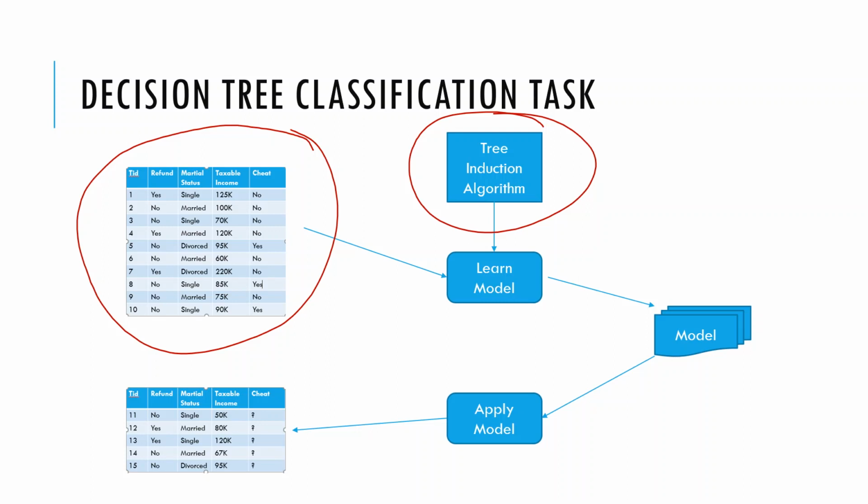Now second step is learning the model. Now when you have algorithm as an input, when you have data as an input, you will try to learn from it, right? You will build certain models out of it. After you have built the model, then you are going to apply that model to predict some of the outputs, right? So there will be some new records that are coming in, and you need to predict what is the output for that new record. So that is what you're going to do. Okay, so let us see how easy it is to predict the output by just looking at the decision tree.